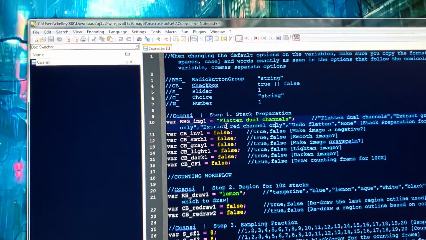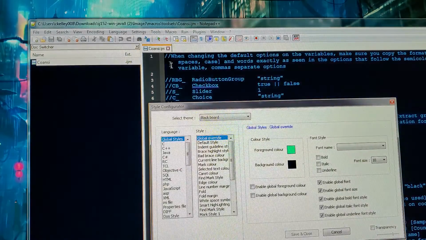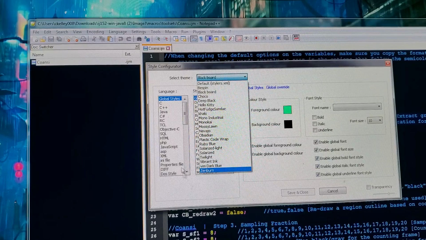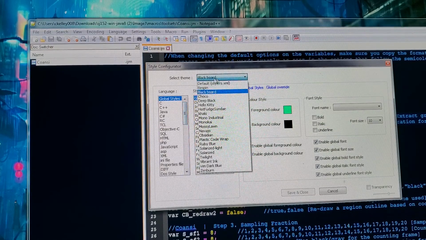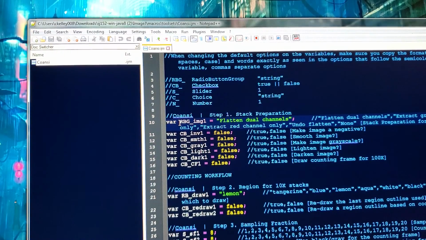If it doesn't color code with Java, you would go into Settings, Style Configurator, and then choose Java. Once I set up Notepad++, I kind of ignore the stuff within the program. I just use it for coding. But you can select different themes until you get something that differentiates somewhat. I use Blackboard and I've probably customized some of it. Basically, you just want some different colors in some way. Once you've done that,